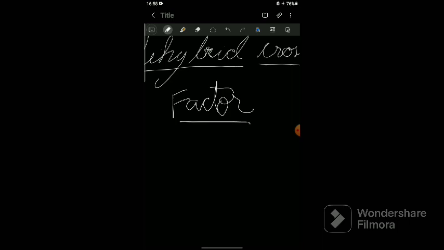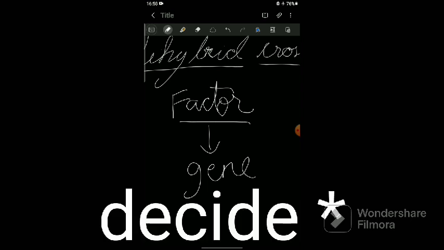Now factor, which we know as gene. Okay. Now what is factor and what is gene? Mendel called it a factor, but now in the present generation we know it as gene. Now factor or gene is the material in the DNA of an organism which will decide what character will be